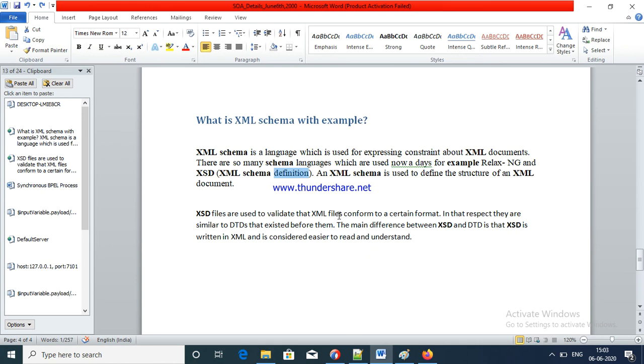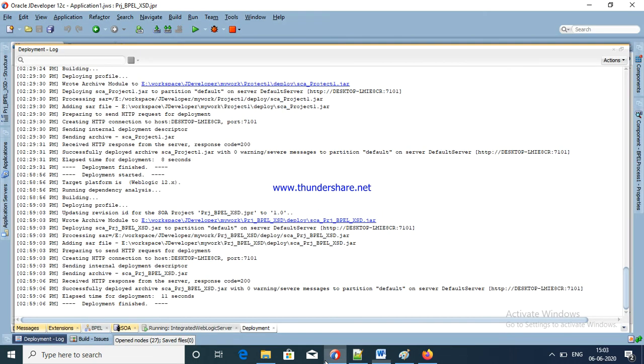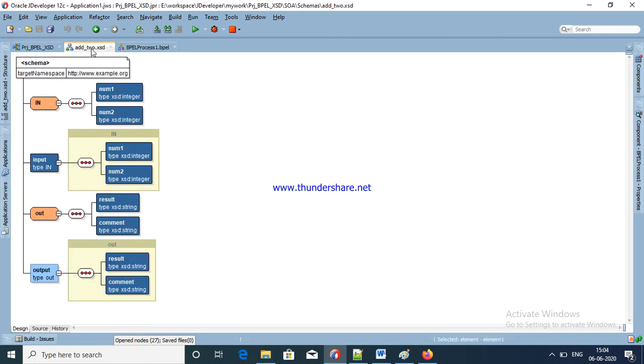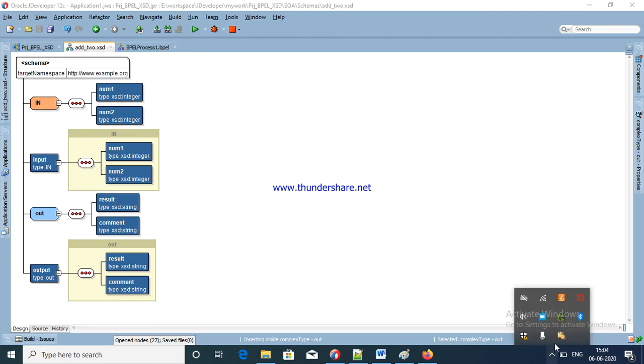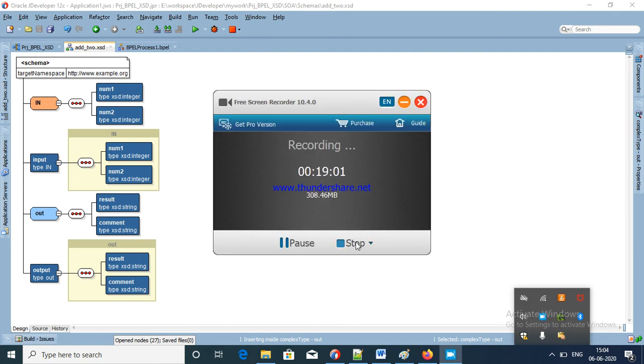We are learning why we are using an XML file conforming to a certain format. This is our XML file. Just we are creating a complex type, same complex type we are using in element. Again this is element, we are using a complex type. This way we are completed. Next video we will see file or DB.